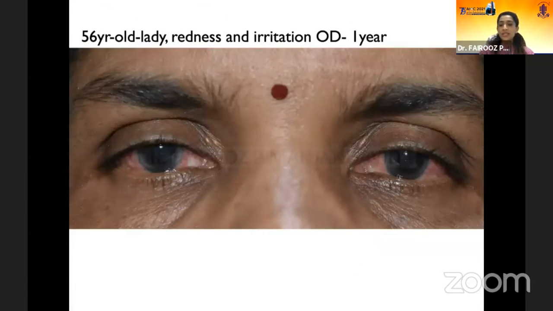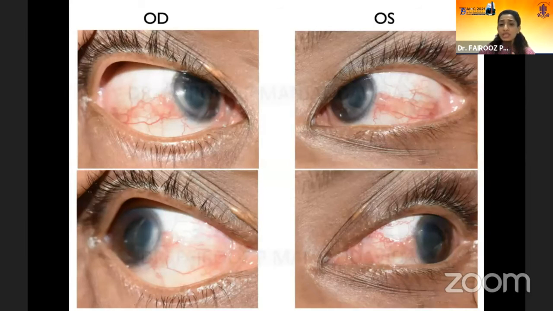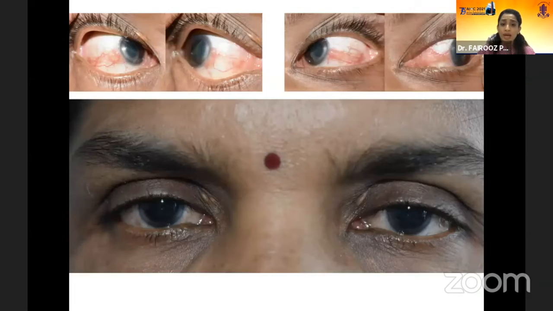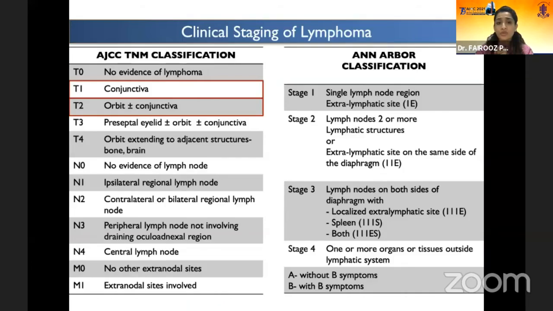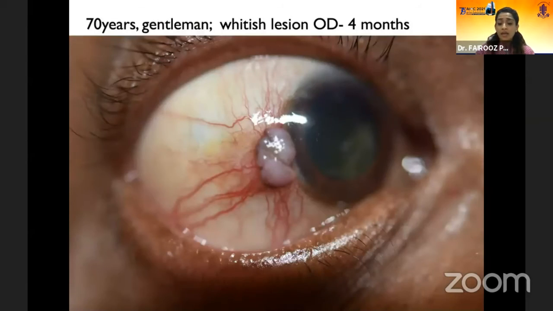This is a patient, as you can see here, treated for ocular surface disorder, dry eye, diffuse congestion for the past 1 year on lubricants, on and off steroids. But what you see on a closer look are these again salmon colorish tiny lesions sitting in the nasal and the temporal bulbar conjunctiva in both the eyes, and this also came out to be a MALT lymphoma. So any salmon colorish or orangish colorish lesion could be a lymphoma, which has always to be ruled out. I'm not going into the details of the classification here, but you need to know conjunctival and orbital lymphoma falls under the T1 and T2 AJCC TNM classification, and depending upon the systemic involvement, again, it is staged under the Ann Arbor classification.